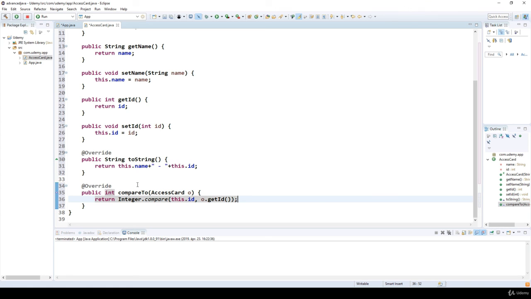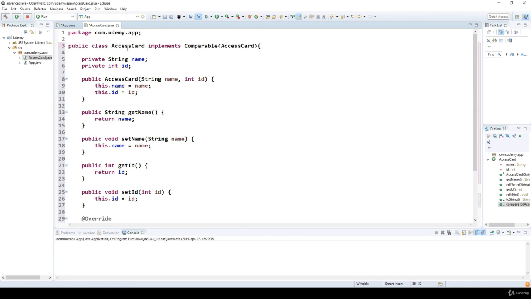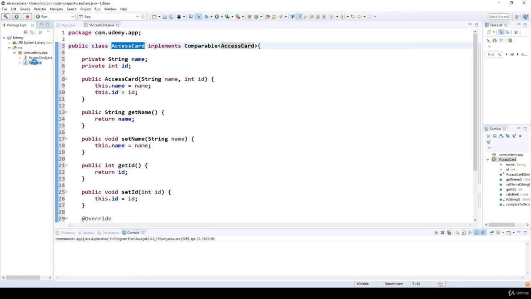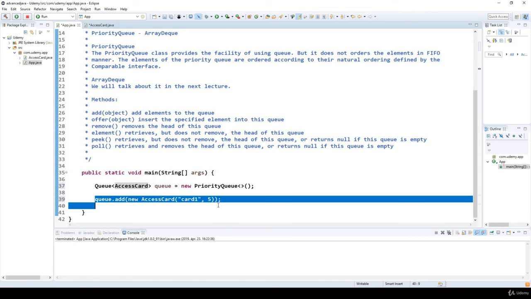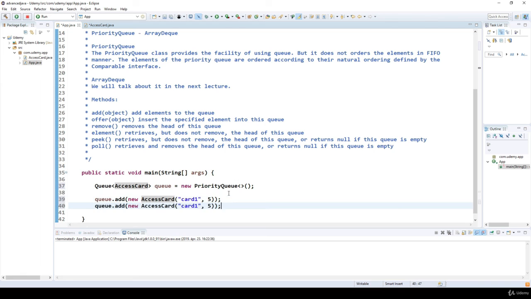So this is how Java and the priority queue are able to compare access cards. In this case, we can add several access cards, the second one and the third one, and if we have the ID 3, then ID 7,